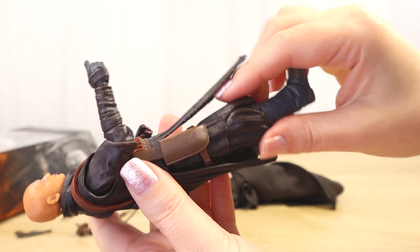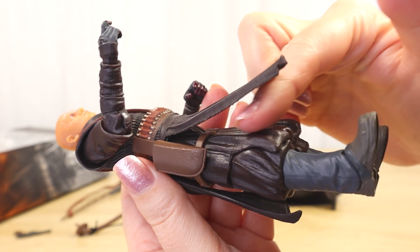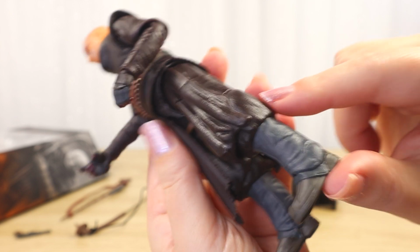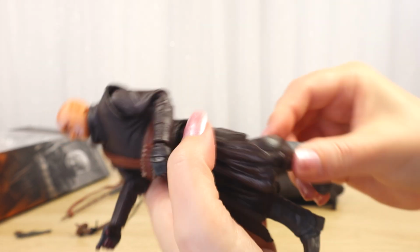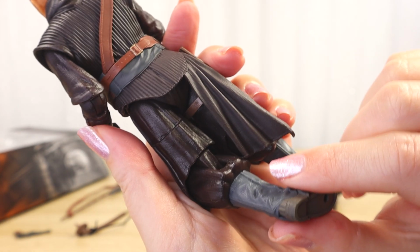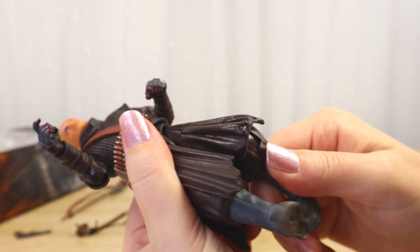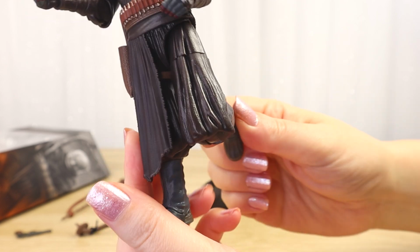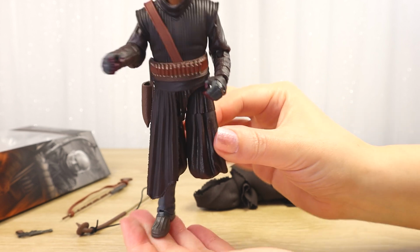Okay, so now we've got the interesting knee articulation. We've got the sculpting running down the front here, and then you can see we've got this big back part for the knee. So if we're going to pull this one back, I've got to make sure I'm getting this aligned. Okay, so the hinges look really big on these ones just because of the size of the pants. So you can see we can get the knee quite high. That's really quite nice. And the fabric drapes down from the front,